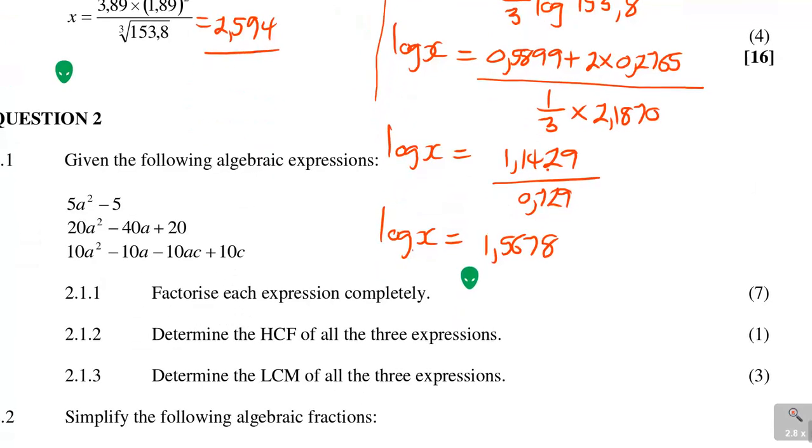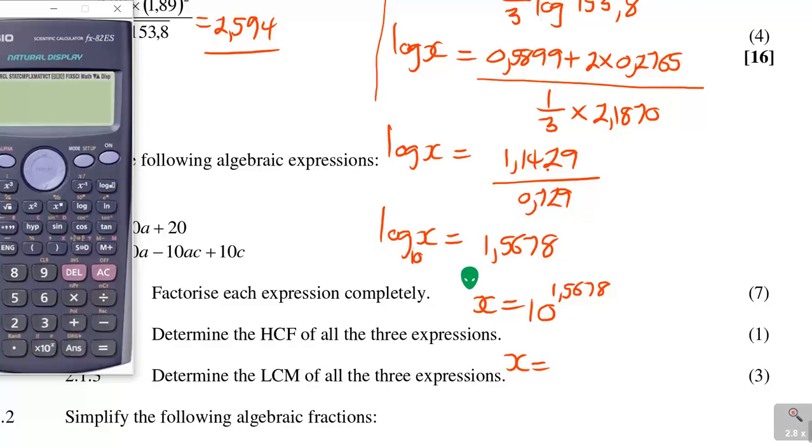As I said, what is hidden there is a base 10. So you are going to therefore say x is equal to 10 to the exponent 1,5678. Then you find your value of x, and when you're changing from logs to exponent, don't forget that. So it will be 10 to the exponent 1,5678, and then it gives you 36,9